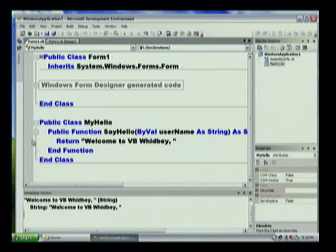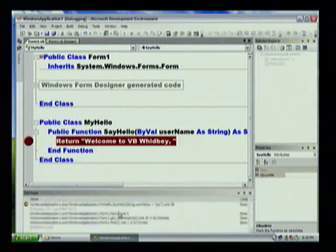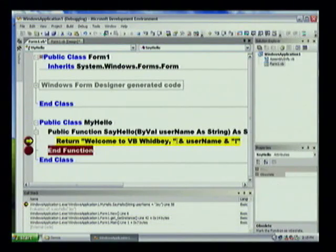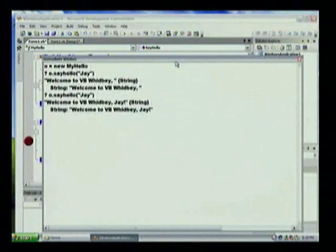Well, in this case, it's not quite working, so let's put a breakpoint in there. I'll go up, try it again. There we go. We'll stop here. Yeah, see, problem was I forgot to actually append my name to this. So let's go ahead and say @username and put a little exclamation point on there. Hit F5. Oops, not F9. Hit F5 and run it. And let me pull this out of the way, and you see that now we've got welcome to VB Whidbey